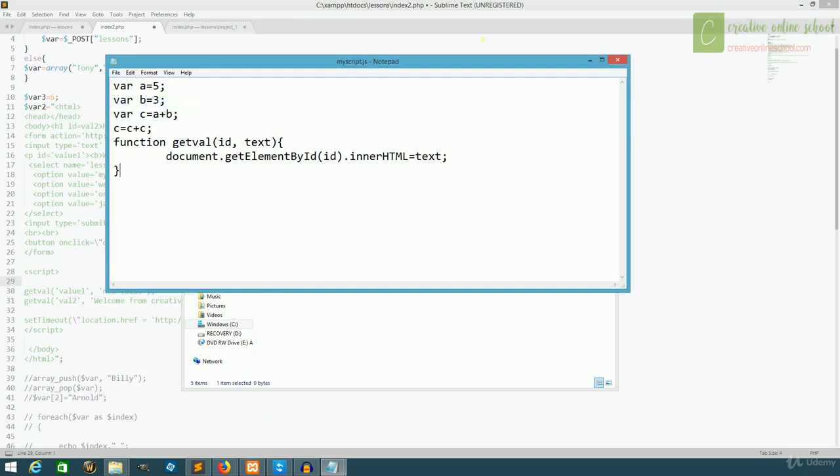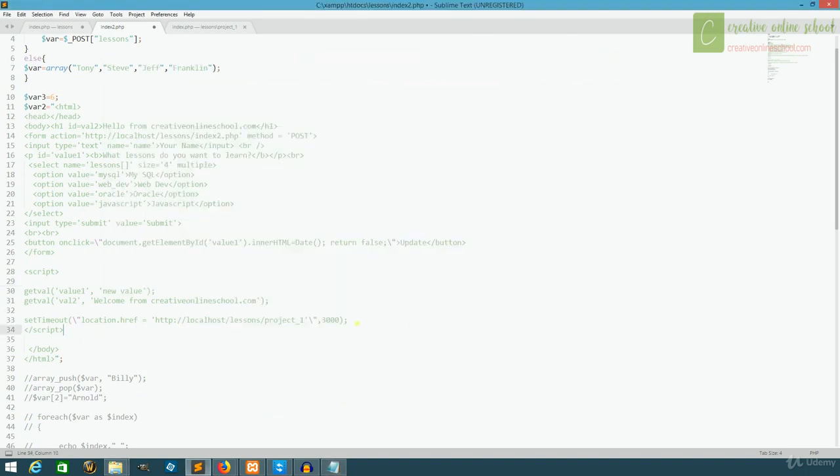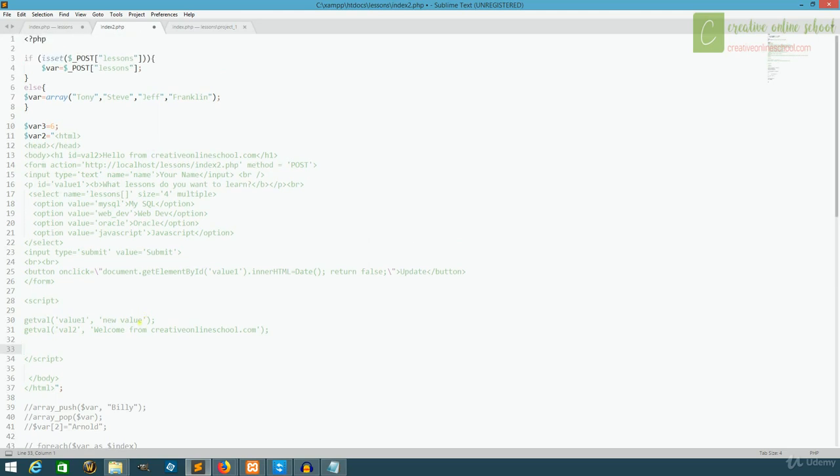Now our function is no longer in the page. I'm also going to take out our timeout since we've already used that. But we're still trying to call it even though it's not in the page. So we're going to have to add it, and we'll add it by adding our document that we just had. We usually add JavaScript files in the head. So we'll go up here in our head tags and we'll say script